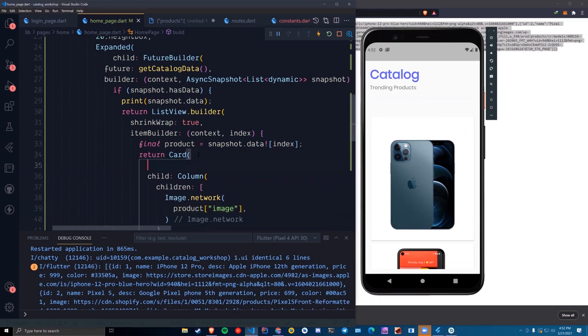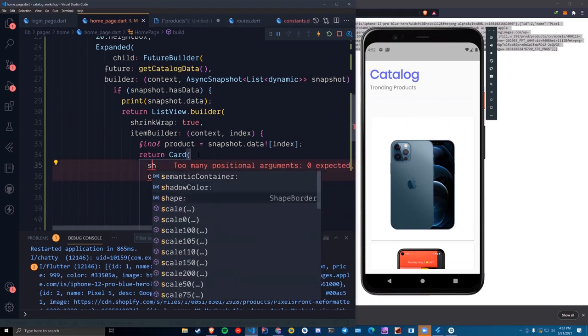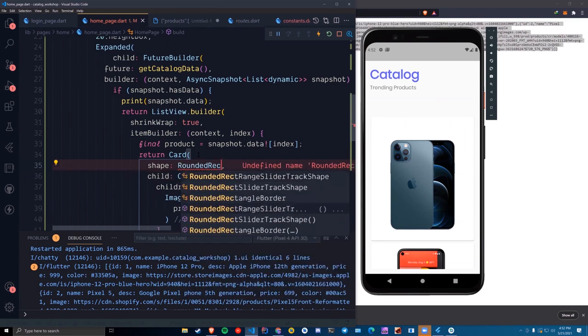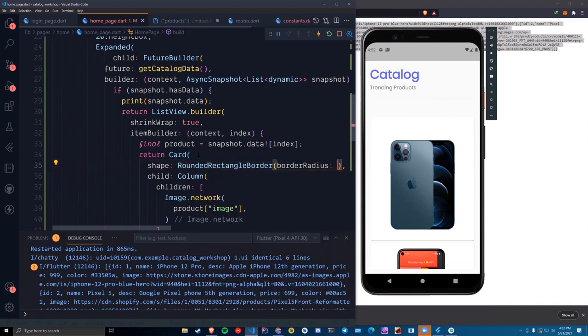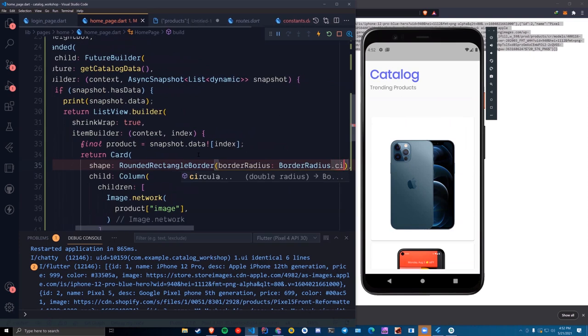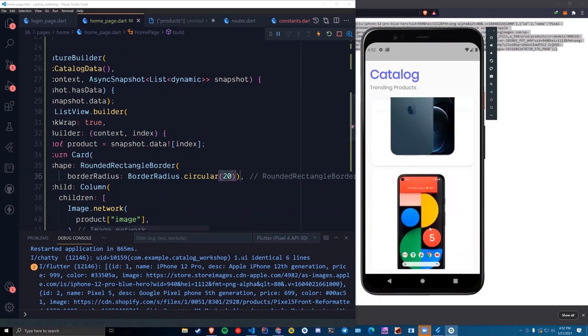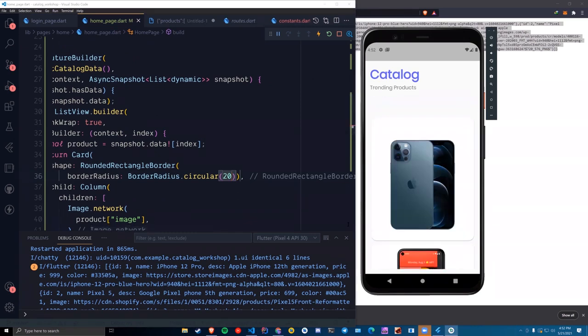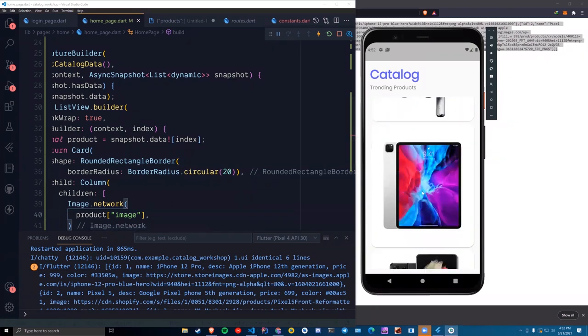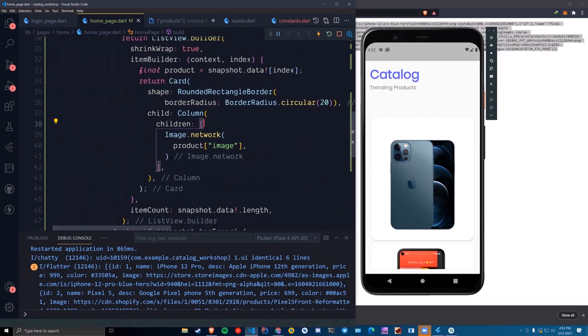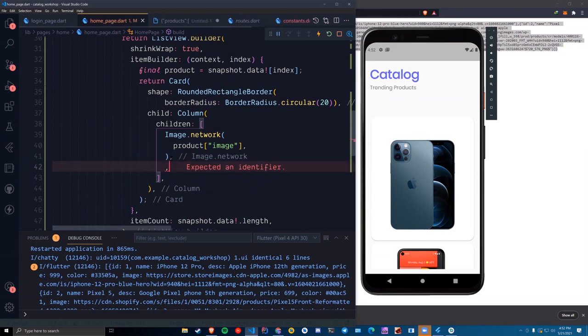And this card also can have a shape property where we can just say rounded rectangular border, right? And here we can just say border radius dot circular, and let's give a circular of 20. So this looks like a nice card now, right? So we got this, and not looking bad, to be very honest. This is looking nice. We want to add some more data to it. So after this image is displayed, I can add some sort of, let's say, for example, I can add,